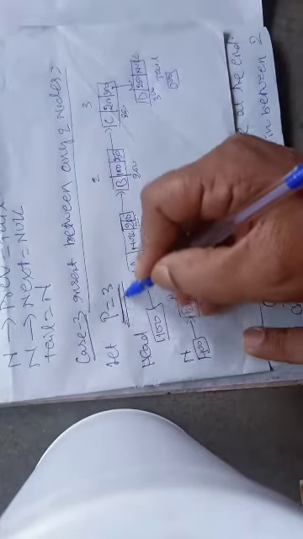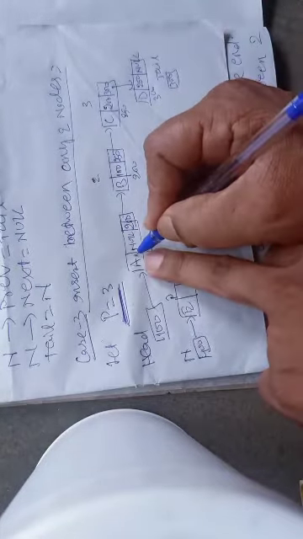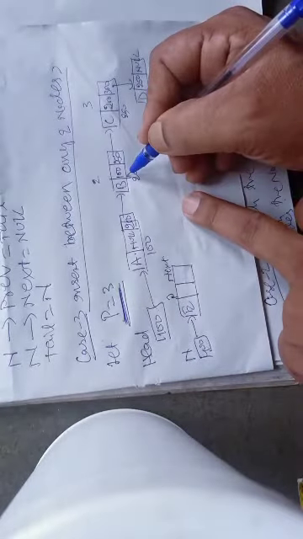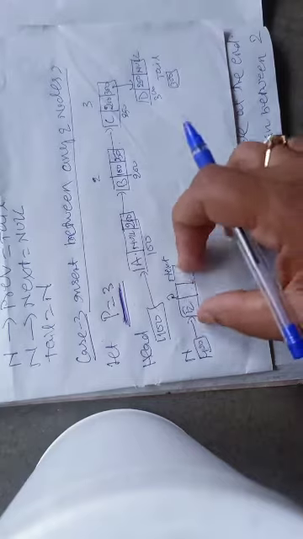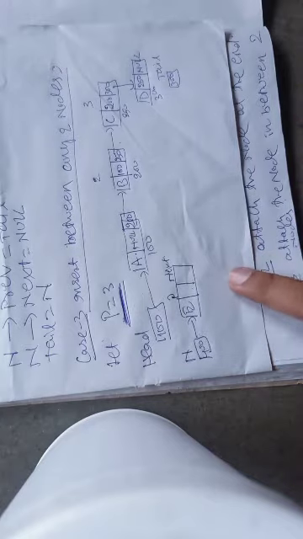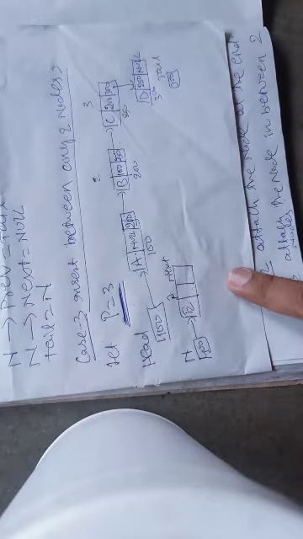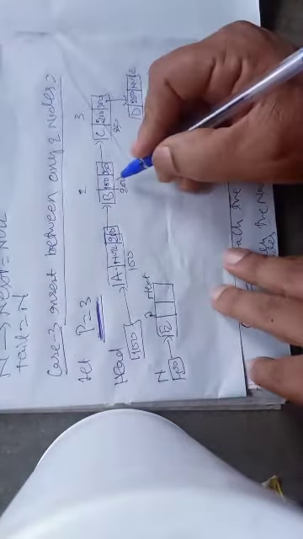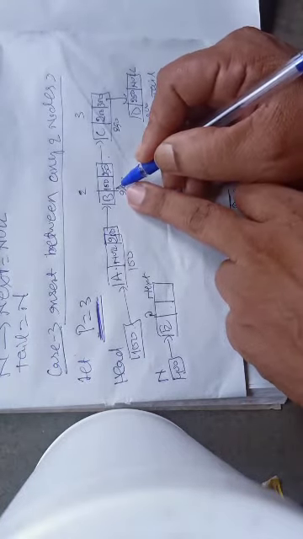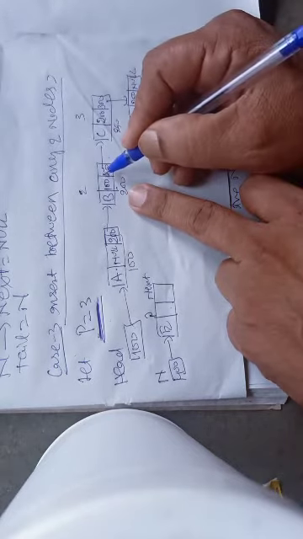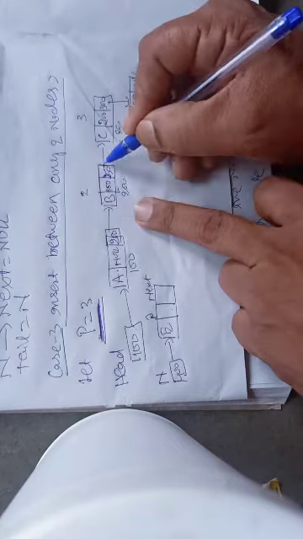Because I have given position equal to 3, this one is the first node, this one is the second node, and after insertion this new node will become the third node. When I say position 3, that means in between 2 and 3 I have to insert this new node. So somehow I have to traverse till node number 2. Why will I traverse till node number 2? Because once I reach node number 2, from there I can get the address of the next node, because this is 250. So I need the address of this node.